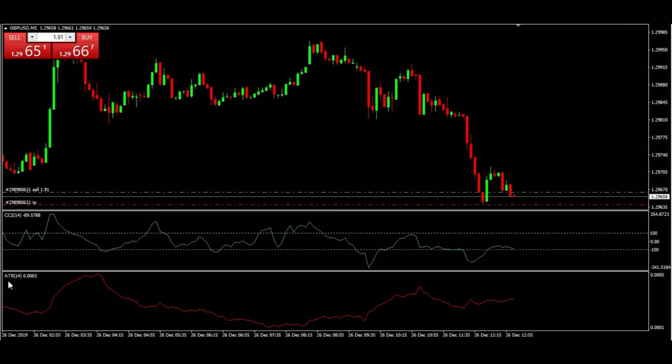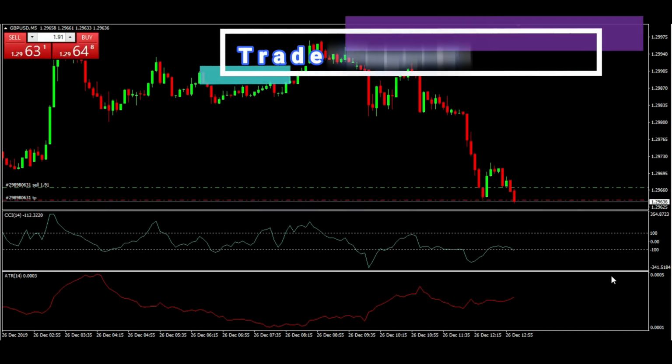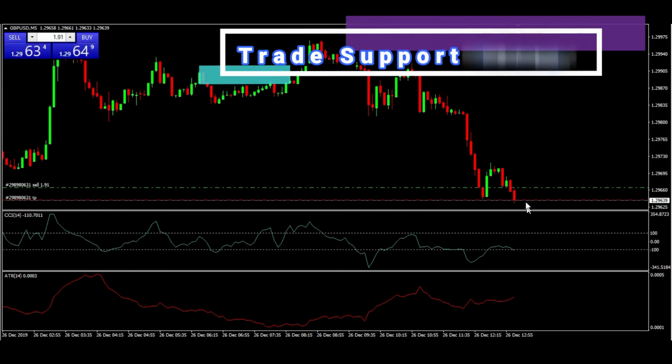Now whenever we want to see a little bit beforehand, if we're very close to what we're doing. So guys, as you can see, ideally what we're looking for as this scalp trade is hitting our take profit right now is just the ATR to show some sort of life. This gives us an indication that price action is about to occur, and if we combine it with the CCI